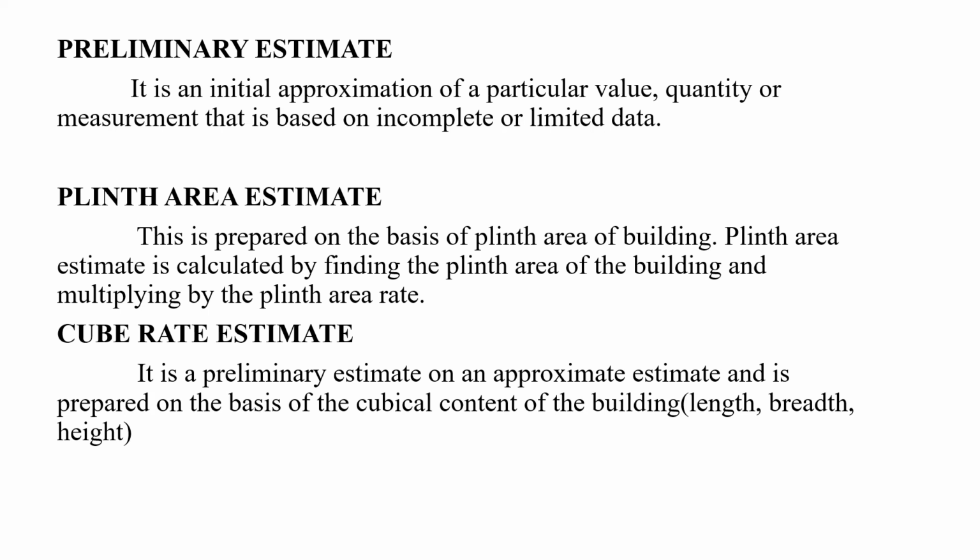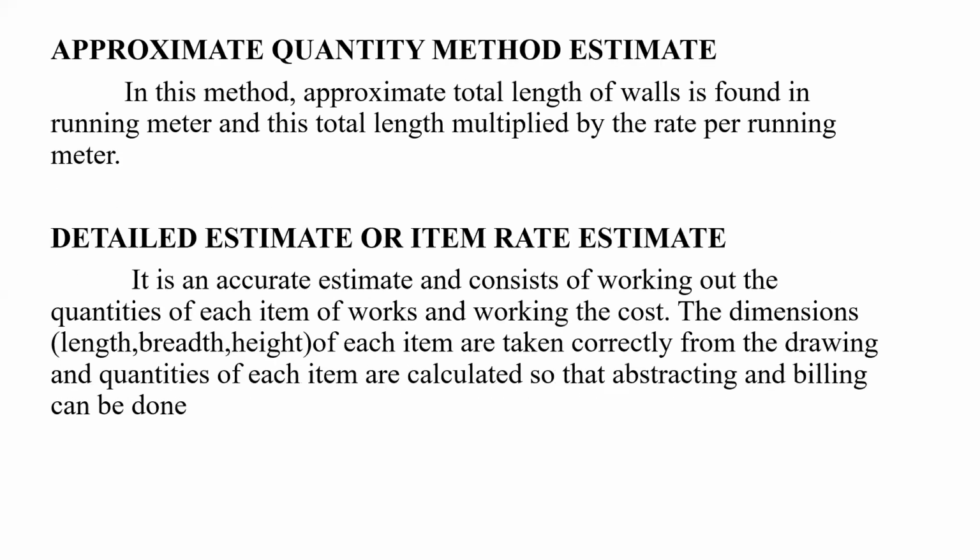And as I said, this cube rate estimate is more accurate as compared to the plinth area estimate, as the height of the building is also considered. Just kindly note that compared to the plinth area estimate, this is more accurate. Next, let us see the approximate quantity method estimate. In this method, the approximate total length of the walls is found in running meters, and this total length is multiplied